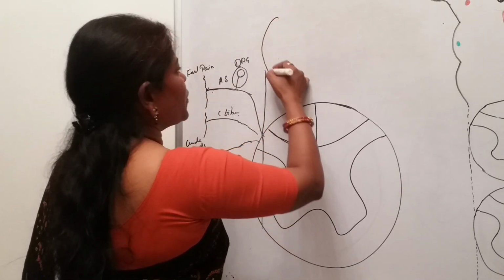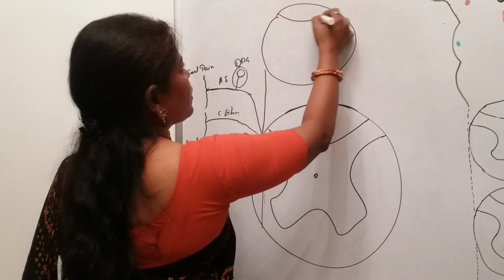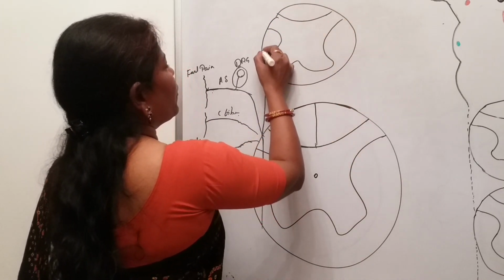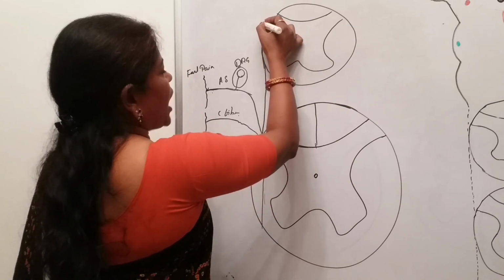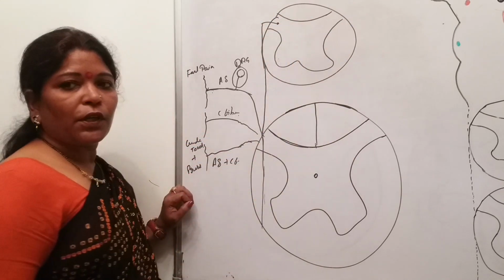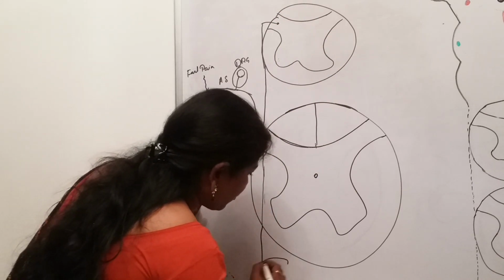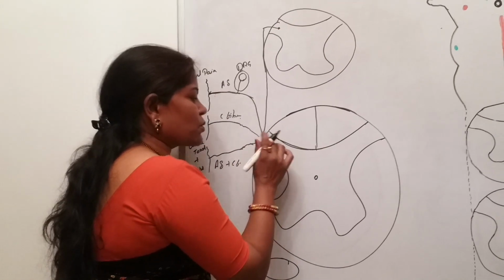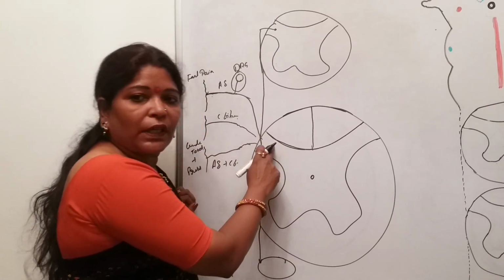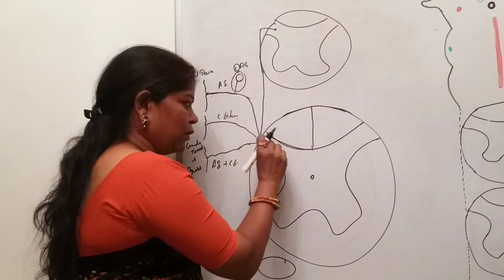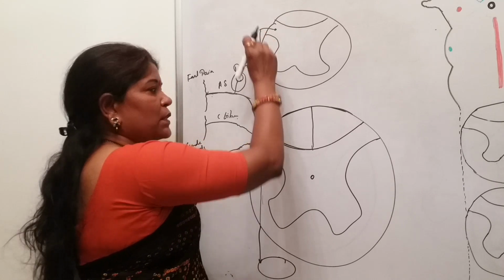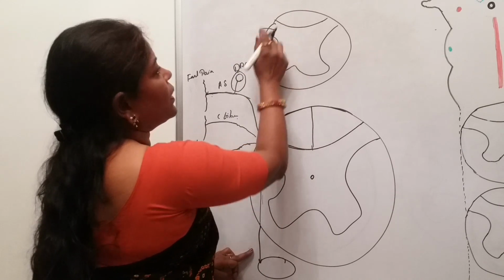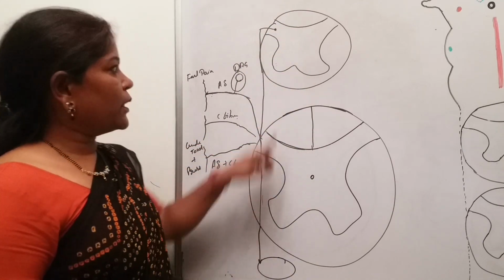So suppose here is another level of the spinal cord. It will move upward and synapse at this level of the spinal cord. It might synapse one segment below. So it is not that it synapses in the same segment with the second order neurons of the dorsal gray horn. It will move upwards by the ascending branches as well as the descending branches, and then synapse with the neurons present in the dorsal gray horn.